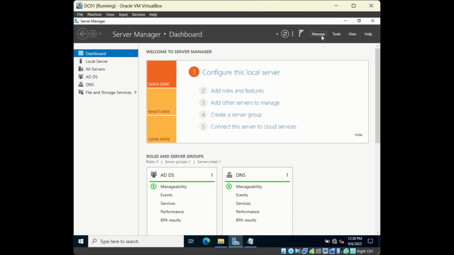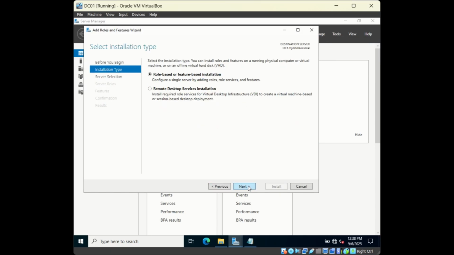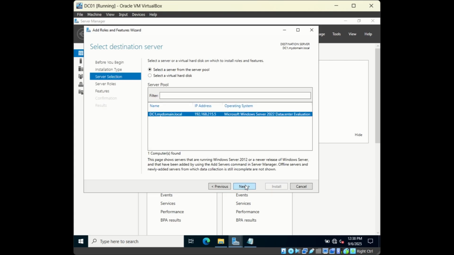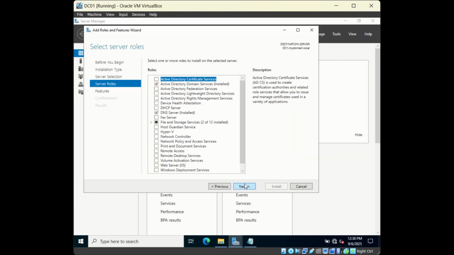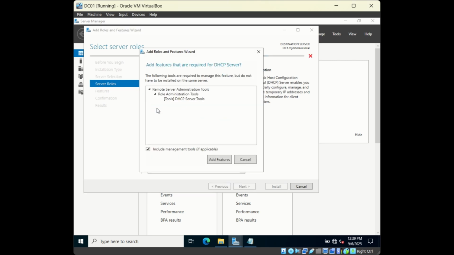Open Server Manager and click on Manage, then go to Add Roles and Features, then click Next. Select role based or feature based installation and then click Next. Then select the server where you want to install the role and then click Next. Now here you need to select DHCP server, and the moment you click on DHCP server, it will ask you if you want to also install DHCP server tools. So make sure you also select this option at the bottom, include management tools, and then click on add features